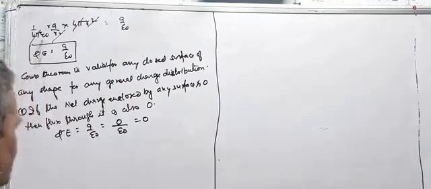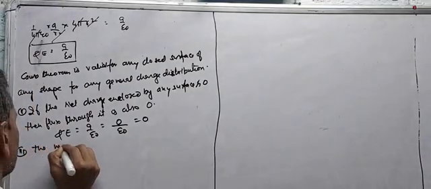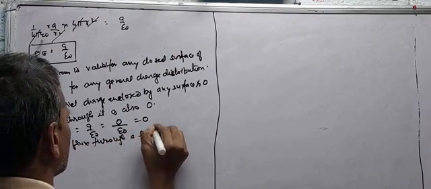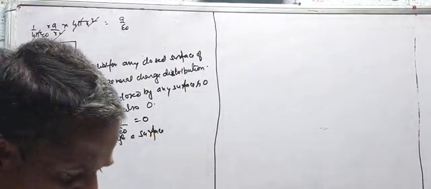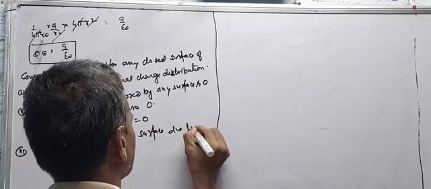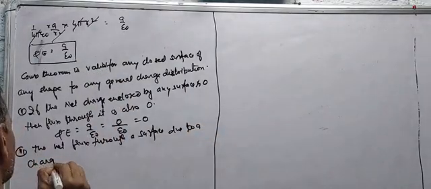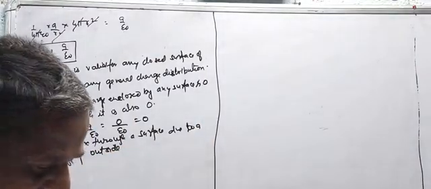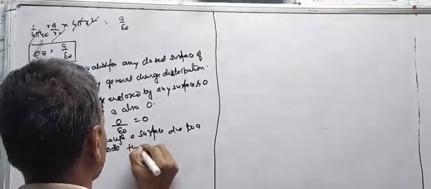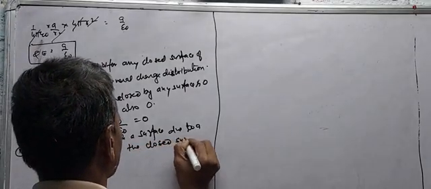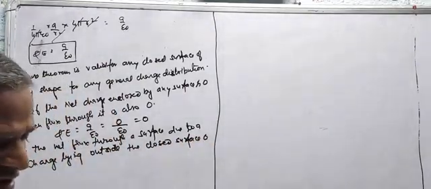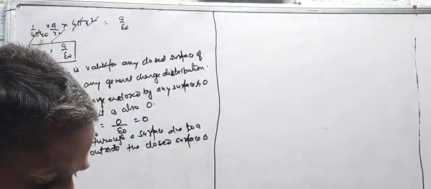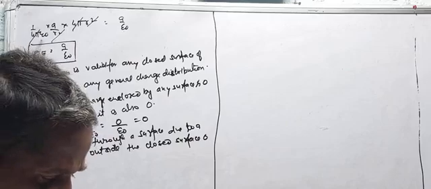The net flux through a surface due to a charge lying outside the closed surface is 0. यानी कि कोई चार्ज इनक्लोज्ड एरिया के बाहर है तो उस चार्ज के द्वारा फ्लक्स 0 हो जाएगा।